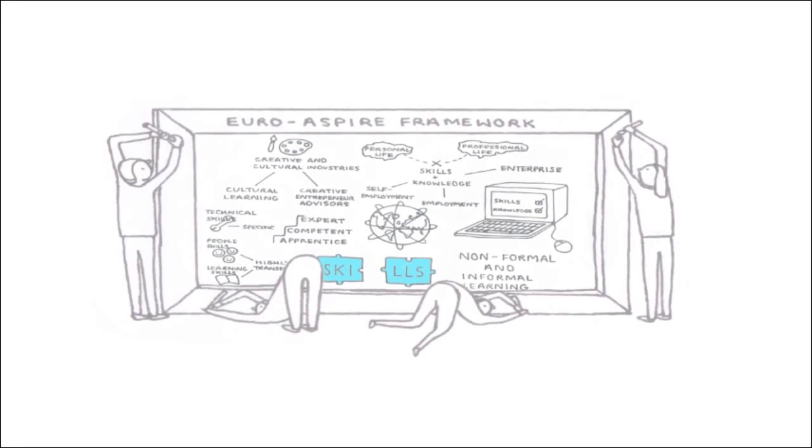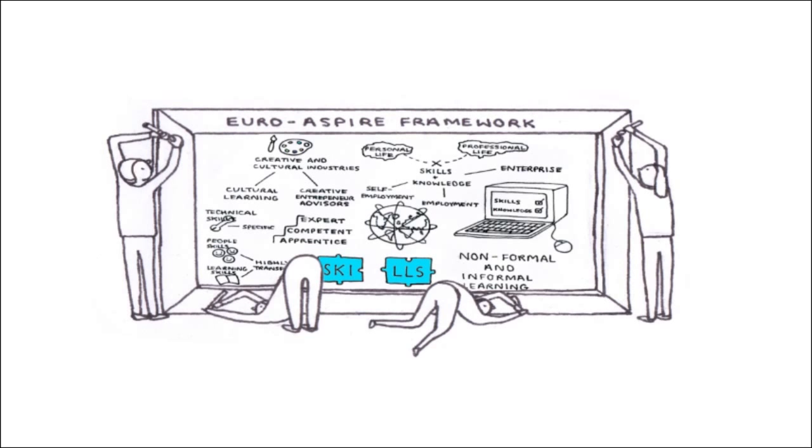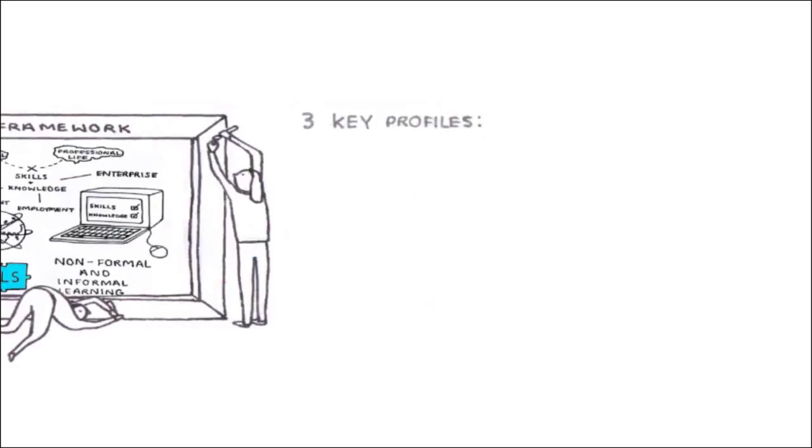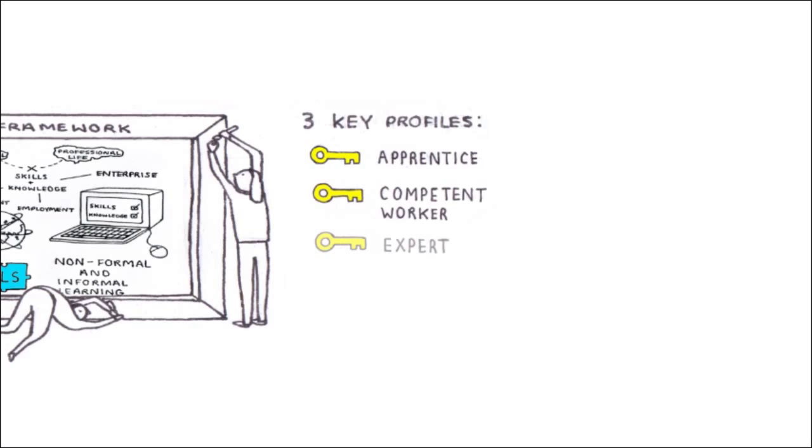The Eurospire framework was created by artists, educators, and employers to recognize and validate essential professional competencies gained through work experience and internships in certain sectors of the creative and cultural industries in Europe. So far, the framework has been used for three key worker profiles: the apprentice, the competent worker, and the expert